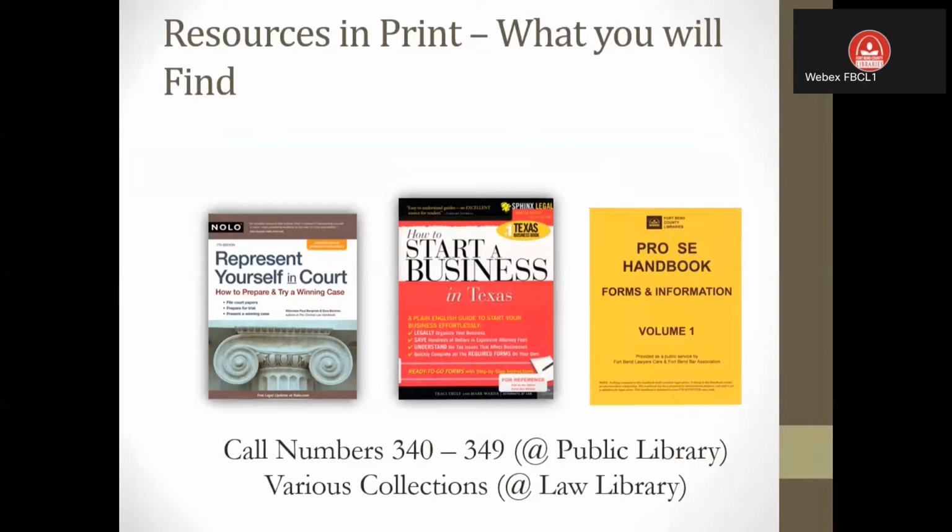Do you have any questions about all the different types of secondary resources? So are they online? The only one that's online is my Pro Se Handbook. Everything else is going to be in print format. Now, some of these you're going to be able to check out from the public library, because a lot of our public library branches here in Fort Bend County buy those books for you to check out. Now, my books are reference only. You'll have to make photocopies of them or scan them. Scanning is free. Photocopying, we charge 10 cents a page. So you have a couple options there on how to take it home with you.